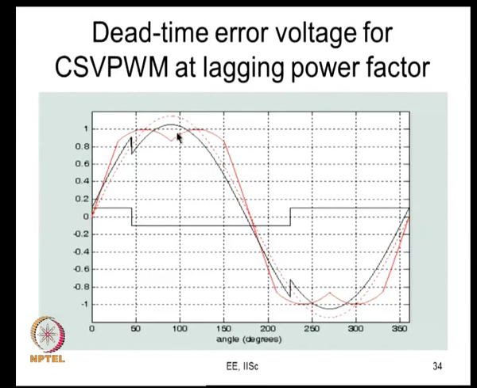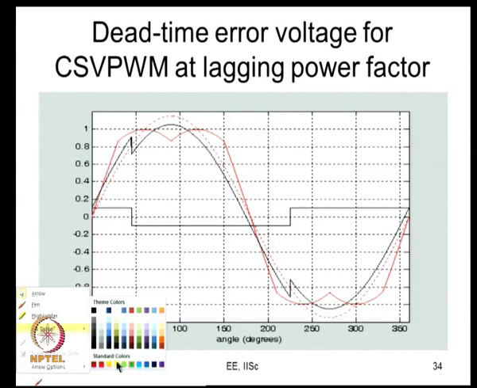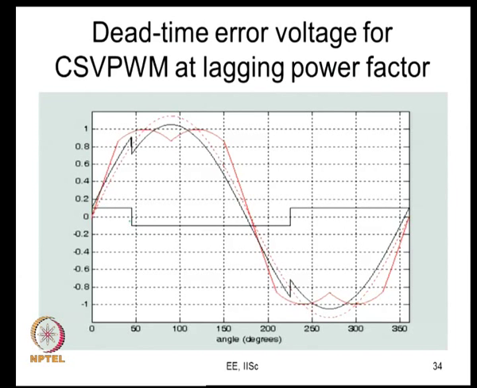So, you can see that the DC bus utilization is higher here. We are looking at a modulation index of 1.15, which is the highest modulation index possible. What has not been shown here is the current waveform. The current is really like this. This is how the current is.